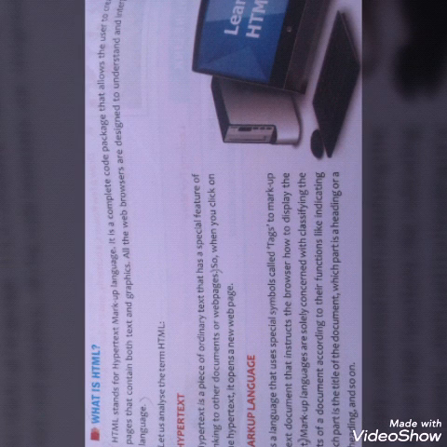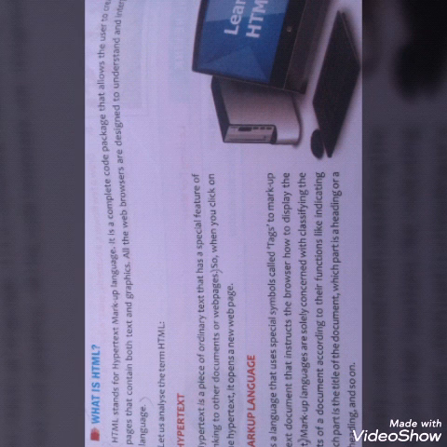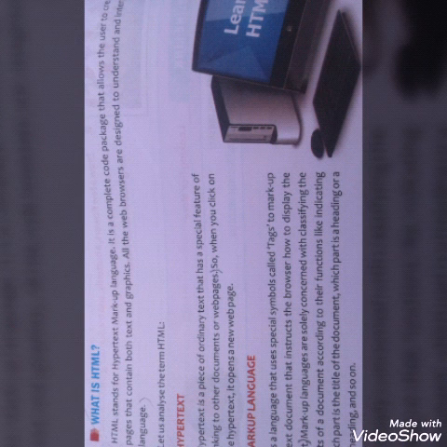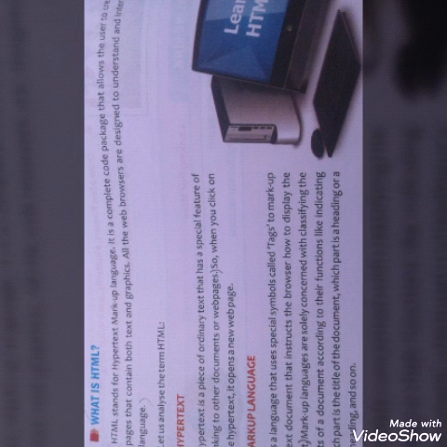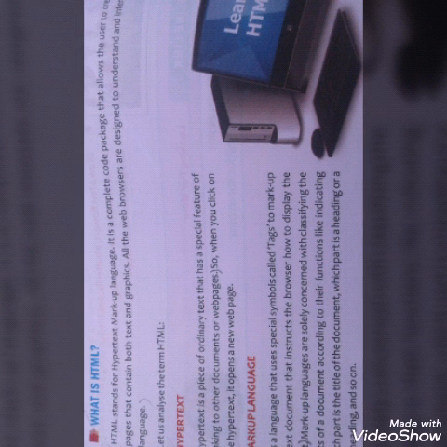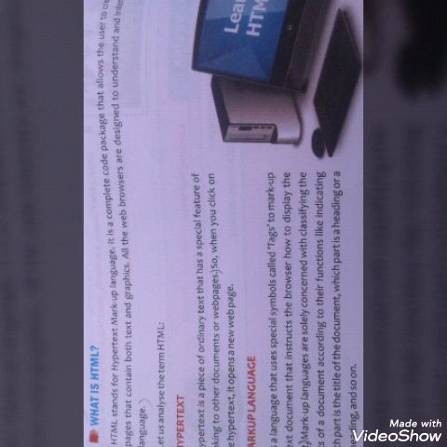Second is markup language. So HTML is called markup language because this language uses different tags to design the web page, which instruct the browser how to display the text on the web page.